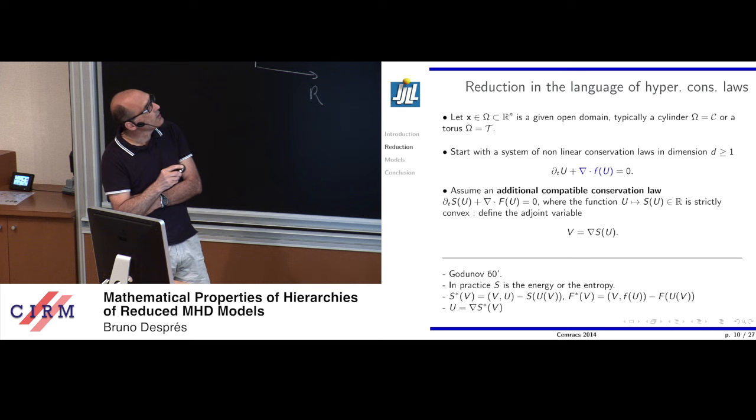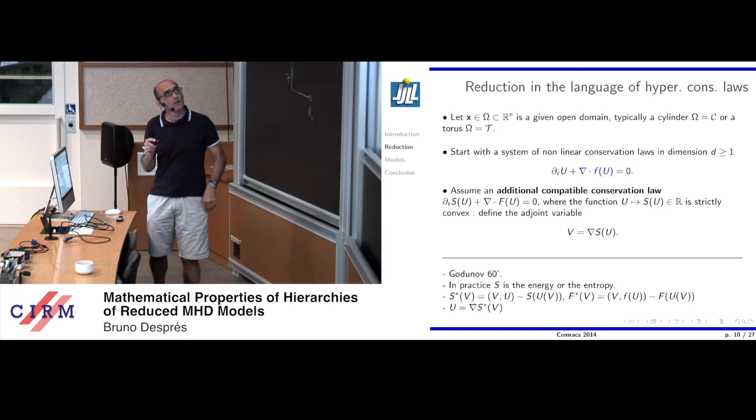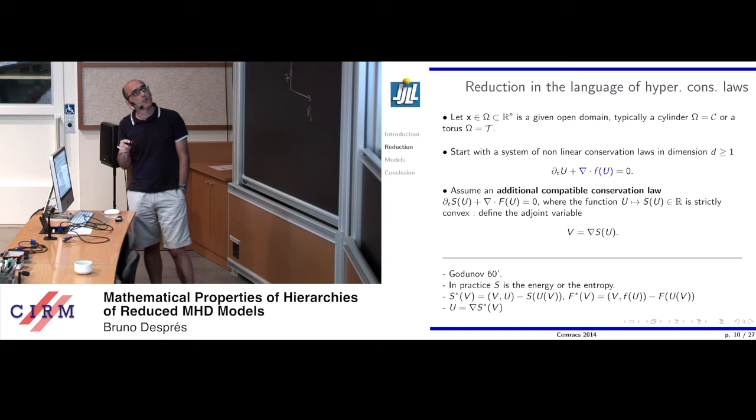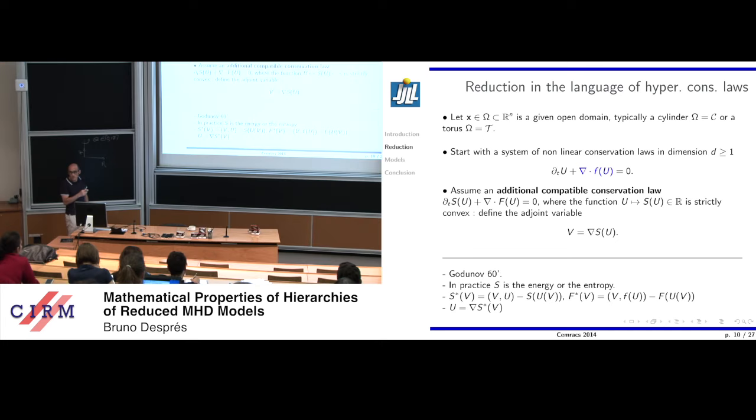The way I like to manipulate that is to remember this guy is a vector and it is a system. So this guy represents the vector of all unknowns, and this one is a scalar because this is the closure relation. But with such a closure, and the fact that S is a convex functional, the energy is convex, the entropy is convex, the mathematical entropy, you can define the joint variable. I really like to manipulate the joint variable. The joint variable is a vector. The size of V is the size of U.